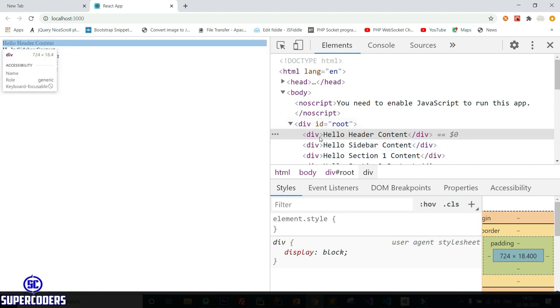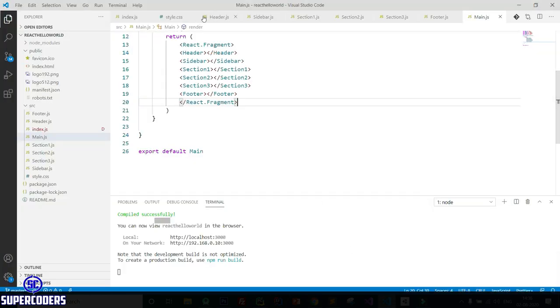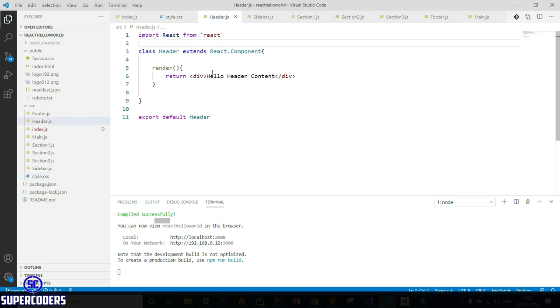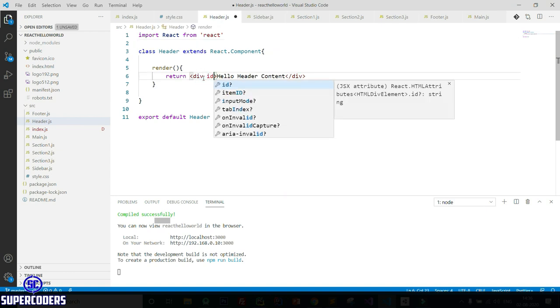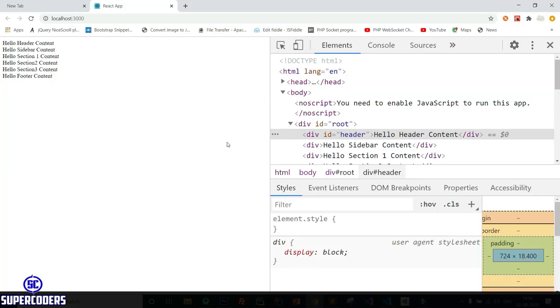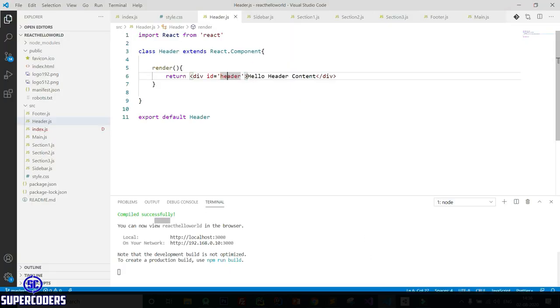Now let's do styling in our page. So come to Chrome again. In style, you can also pass id here. Div id equal to header. Run this, and you can see it's showing header. So pass id in everything.